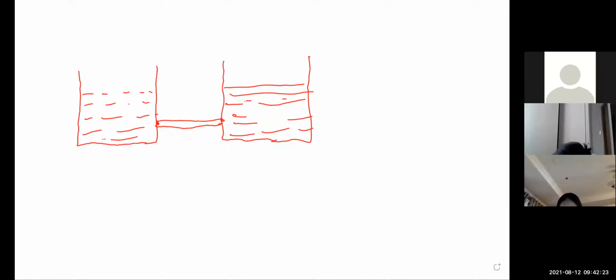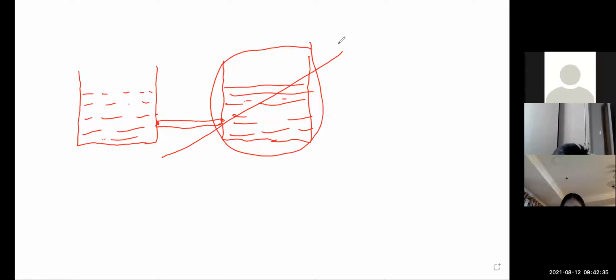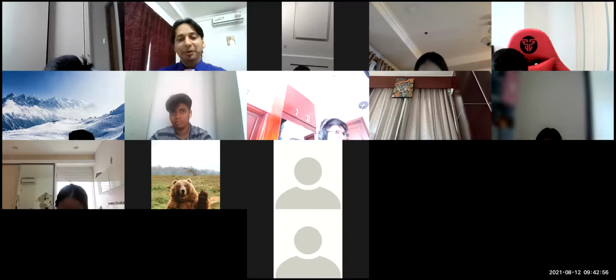Okay, children, let me tell you, there is one possibility. If I make one of the containers placed on an inclined surface, like this, means if I change the position, means height, if there is a difference in height between the two vessels, then there is a possibility that the water can start flowing from one container to another container. And now children, this happens with electricity also,